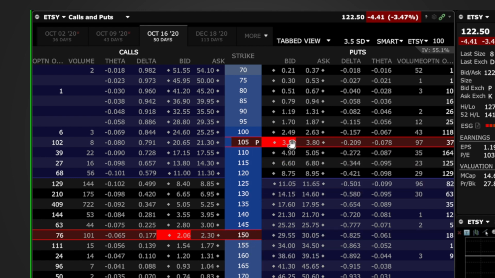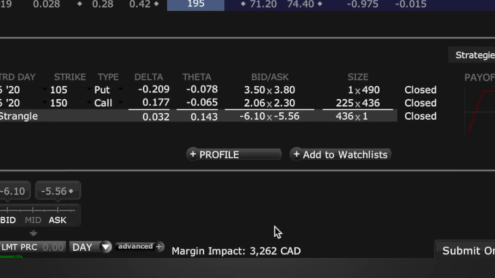We're selling a put that's out of the money. This is our money line right here, because that's where the stock closed today at 122.50. So anything below on the put side is out of the money, and anything above on the call side is out of the money. So we're short selling the 105 put and short selling the 150 call, both expiring October 16th. We can see down here that this has a margin impact in Canadian dollars of